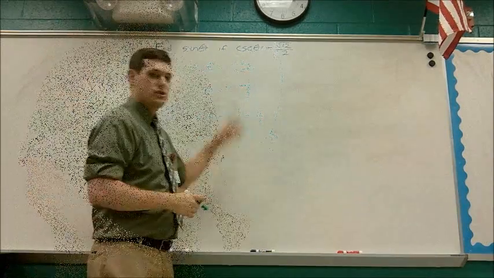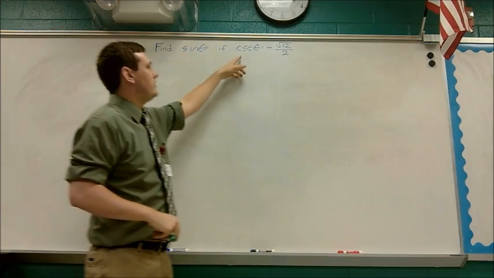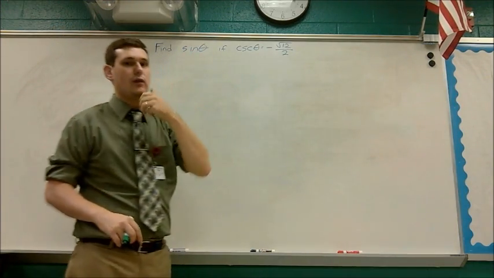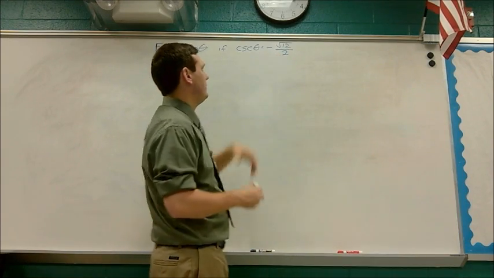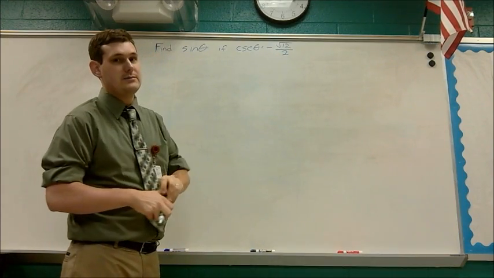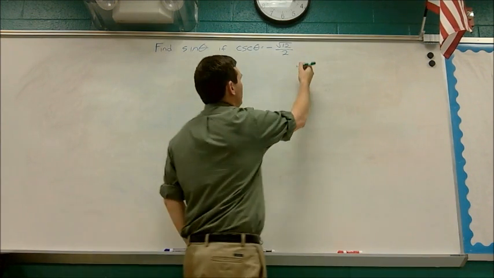Here's another application of the reciprocal identities. We want to find sine theta if cosecant of theta is -√12/2. So it's going to be a little bit more complicated now because we have the root in it. The first thing I want to do at all times is I want to simplify the radical. So I take the 12, and I know that 12